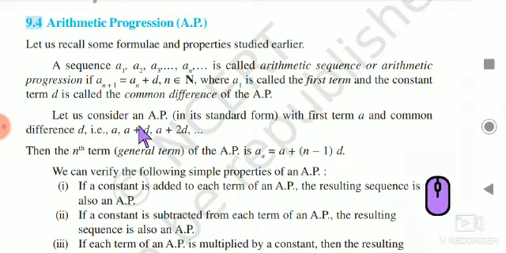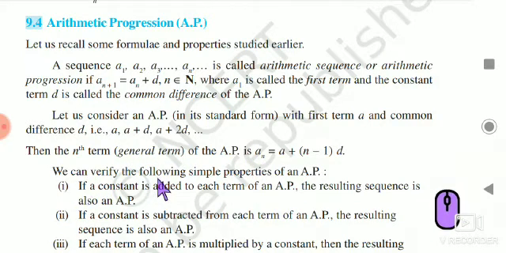Let us consider an AP with first term a and the common difference d, that is given by the general form a, a plus d, a plus 2d, a plus 3d, a plus 4d and so on. The last term or the general term or the nth term is given by the formula an is equal to